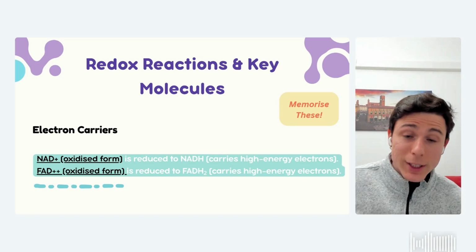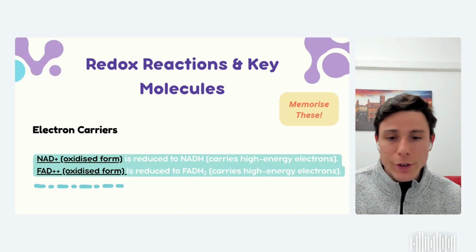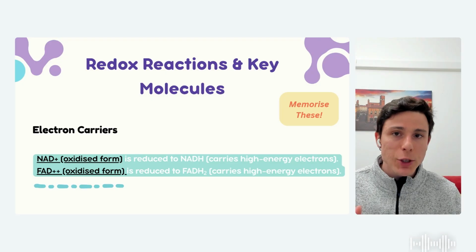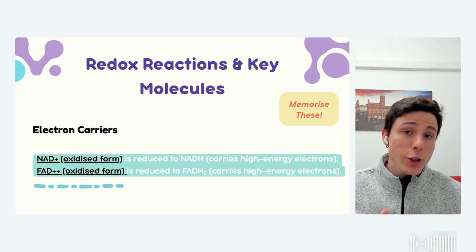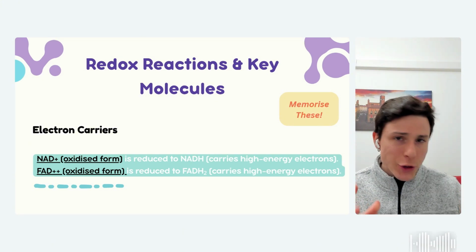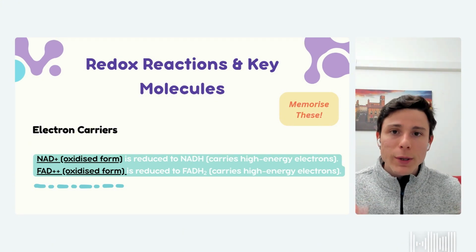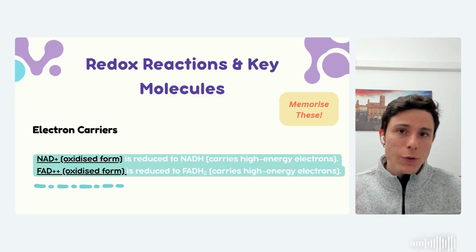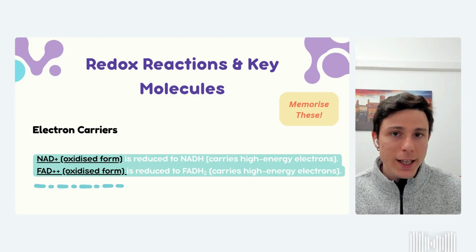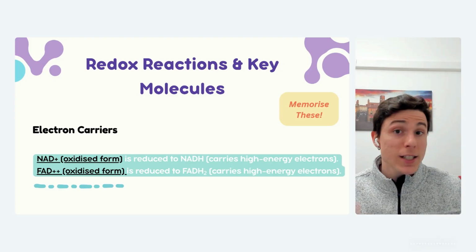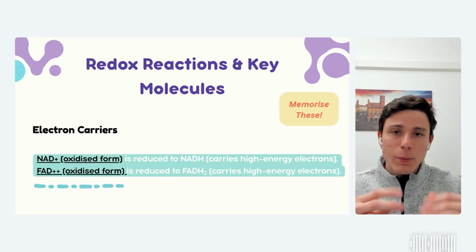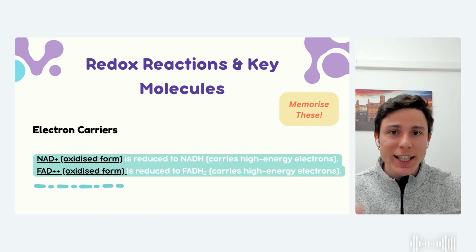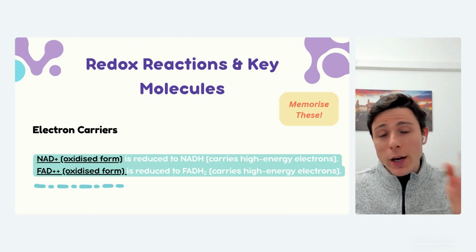So we're going to be talking about these guys a lot in this video and in the further video as well. So I don't want to waste too much time talking about them right now. The only thing I want to mention is about the nature of these molecules. These are considered enzyme cofactors. So they're not enzymes themselves, but they are very important helpers of the enzyme. If you remember, an enzyme is a very important element to help a reaction to happen, accelerating the process by minimizing the energy required to make it happen. And most importantly, the enzyme will not change at the end of the reaction. It's going to remain the same as it was in the beginning.